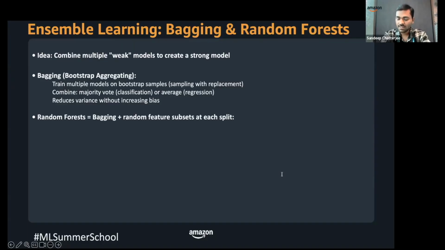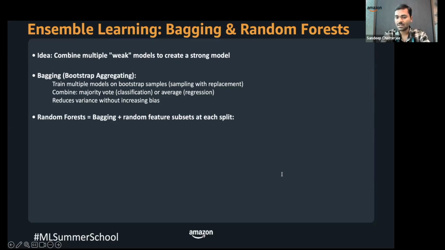Random forest takes bagging and adds one brilliant twist. So what if all our trees look at the exact same features? They might still make very similar decisions, right? Especially if one feature is super dominant. They become correlated. So to fix this, a random forest forces the tree to look at random subsets of features